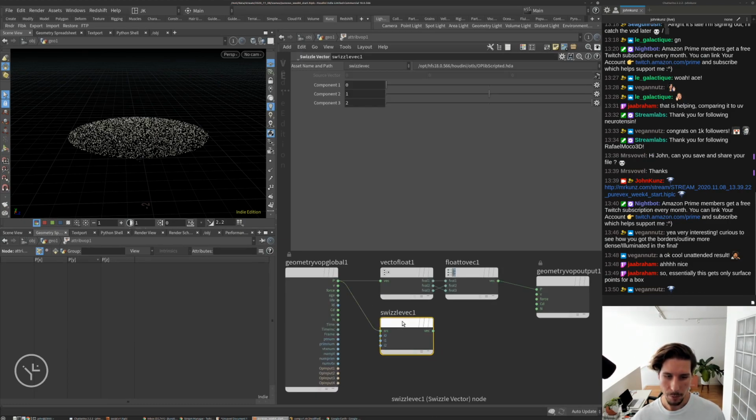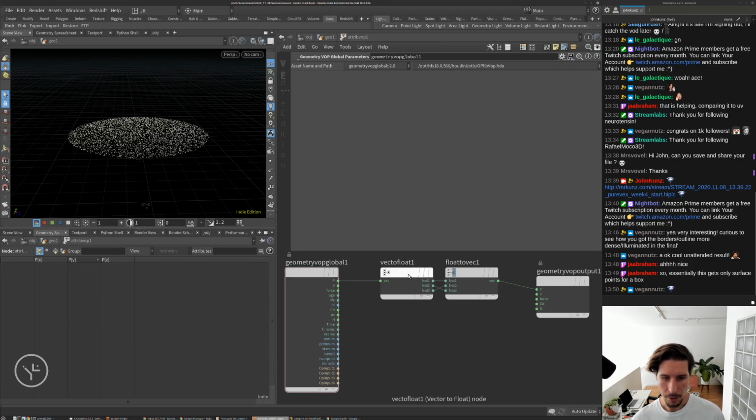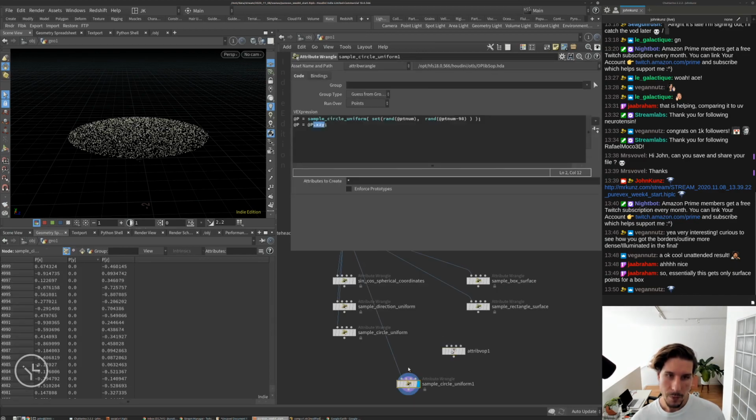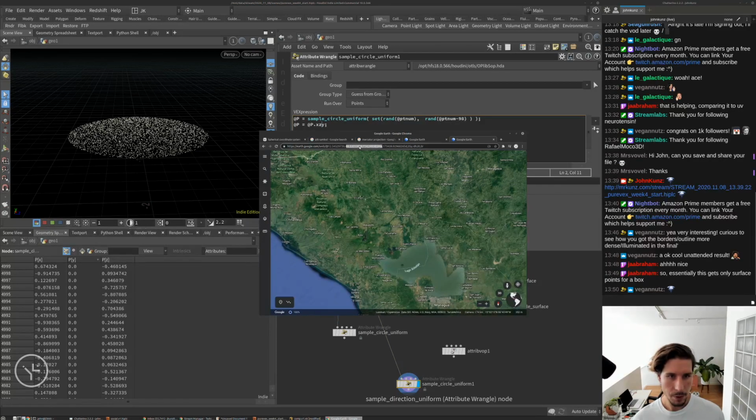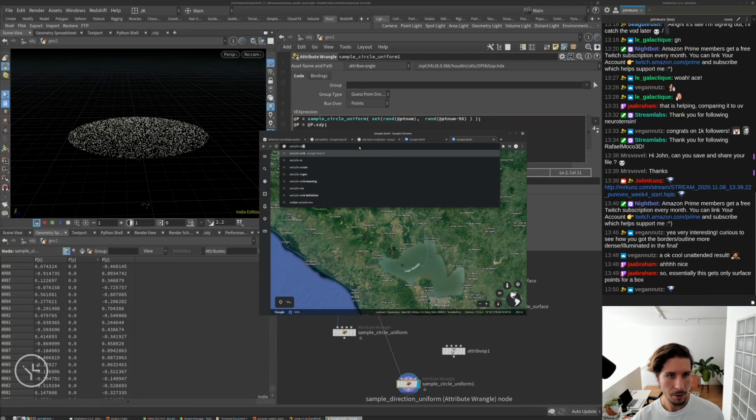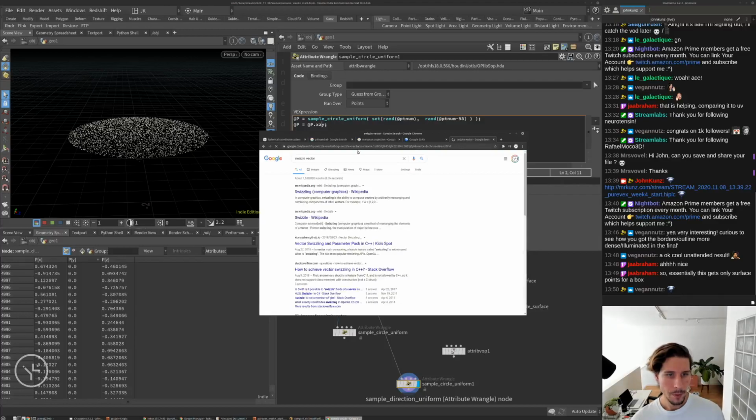So if you want to do it with this, this is basically what I was doing. The swizzle is traditionally a programming, like code, concept. So the node, I don't use it as much. If I do it, sometimes I'll do it using these because it's a little bit more visual, seeing the connections. But it's the same idea here, typing it out. If you search here for just swizzle vector,